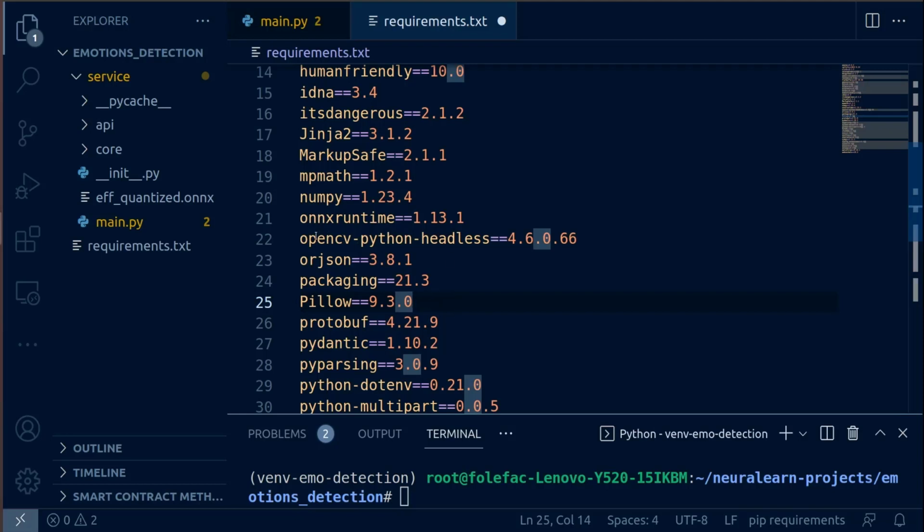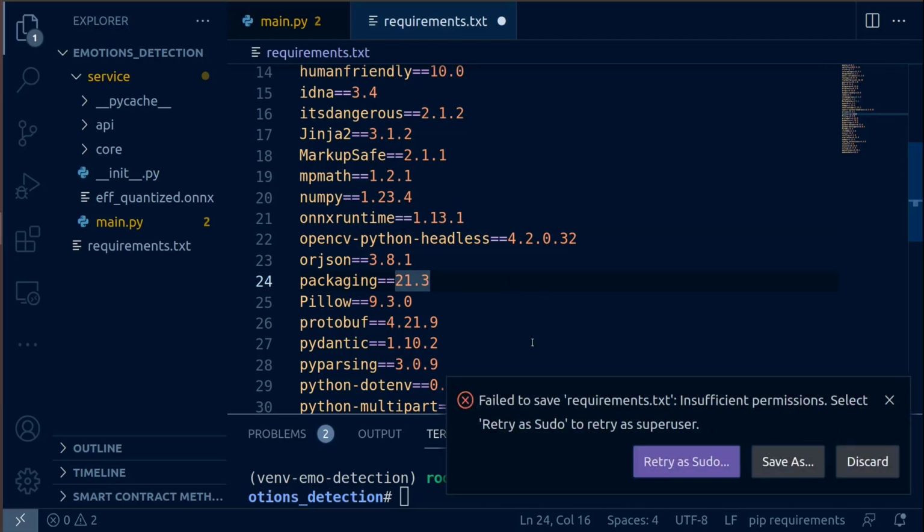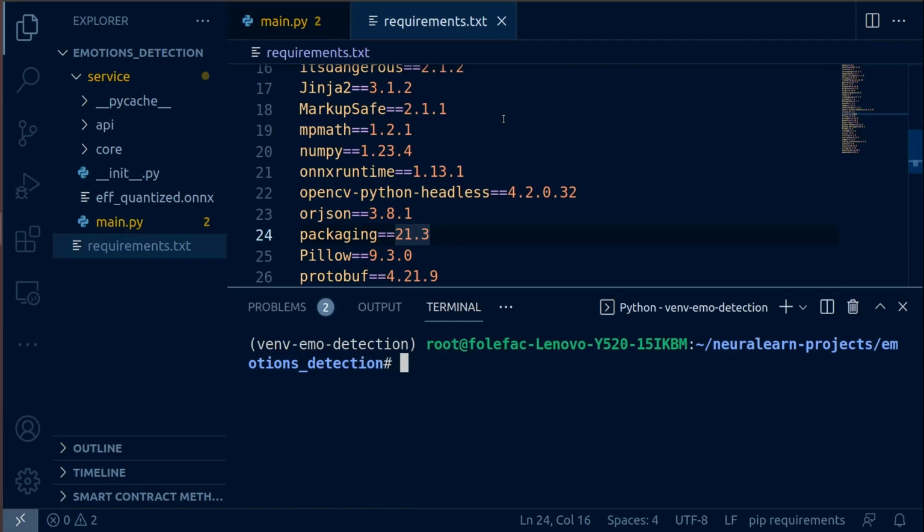So we don't need this opencv-python. We're instead going to make use of this opencv-python-headless. So that's it. We're going to take this version, 4.2.0.32. Okay, so with that done, we save this. Fail to save. Well, once we save that as an administrator,